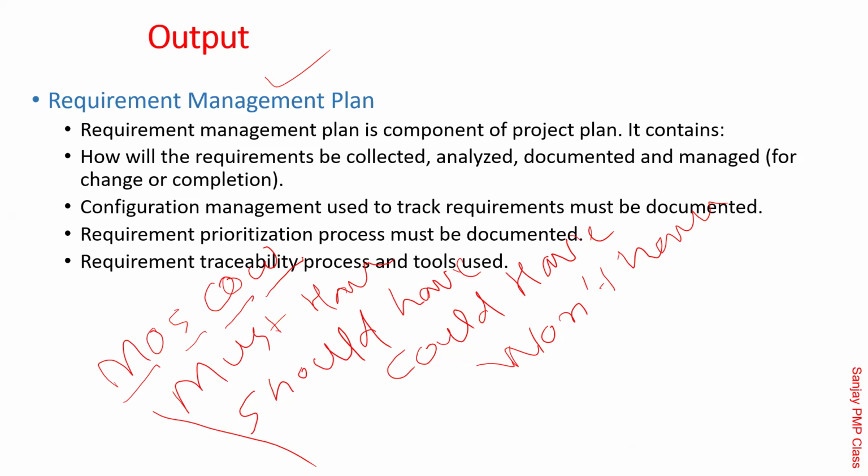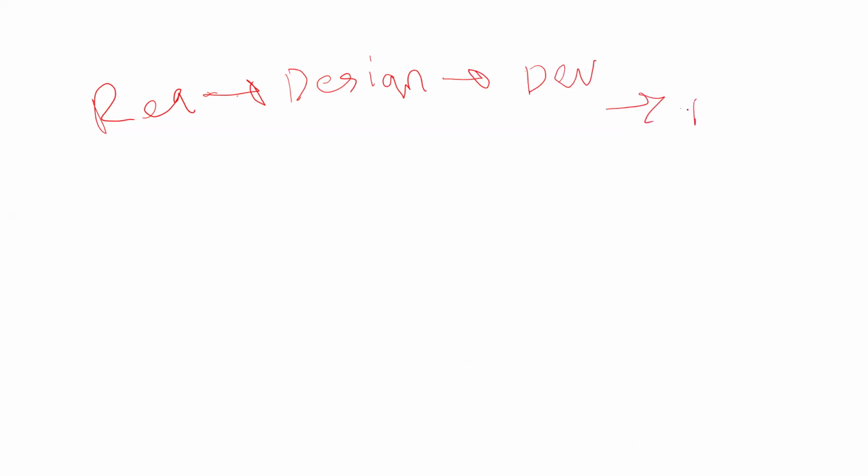This methodology of prioritization is in the requirement management. Requirement traceability process. Now, this is requirement traceability, saying how the changes flow. See, when the customer gives you a requirement, you take it as a requirement. You go ahead and convert that into design. Design itself could be two stage, maybe high level, low level. Then you go ahead and do a development. After development, you do the testing. This is how the whole life cycle is going to go through.